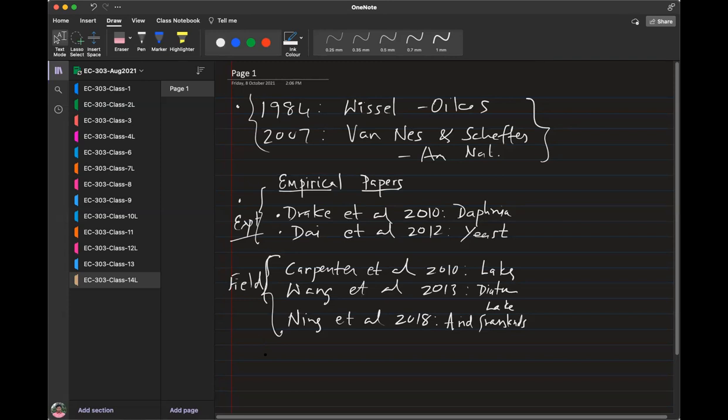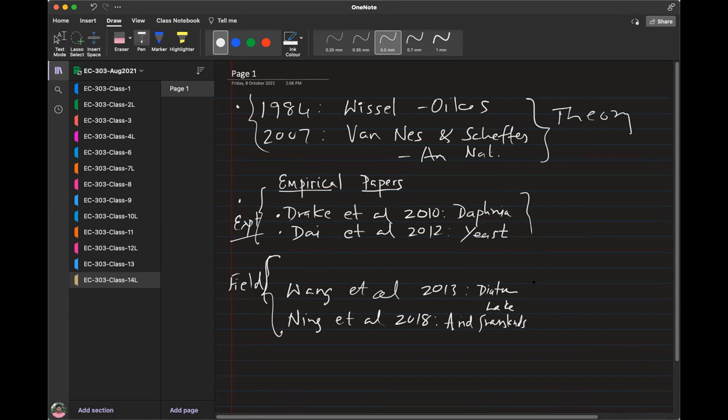Maybe I will remove this paper, because it's two papers on lakes. One lake and one other. So these are the field studies. Then maybe two theory and simulation papers make a pair, and this is another pair, and this is another pair. And maybe there is a review article that I would encourage everybody to read.